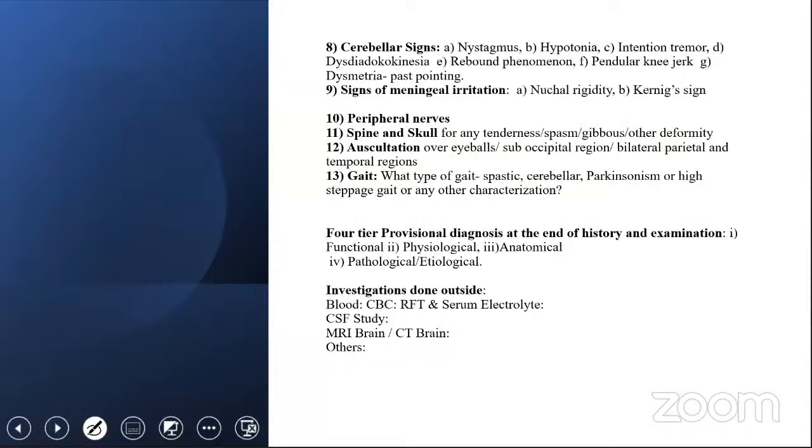You may have to comment on the bladder again if you want. Precipitancy, retention with overflow, incontinence, whether urgency, precipitancy, frequency is there, bowel and sexual function comment. So this is an extensive case sheet which will help you in remembering. Then you look for the cerebellar signs, nystagmus, hypotonia, intention tremor, dysdiadochokinesia, rebound phenomena, pendular knee jerk, and dysmetria, past